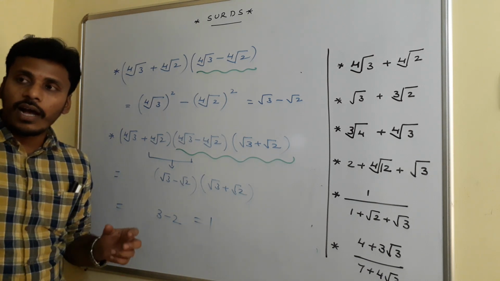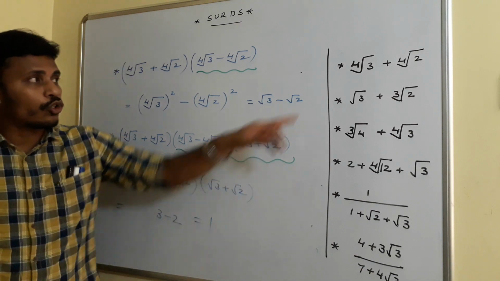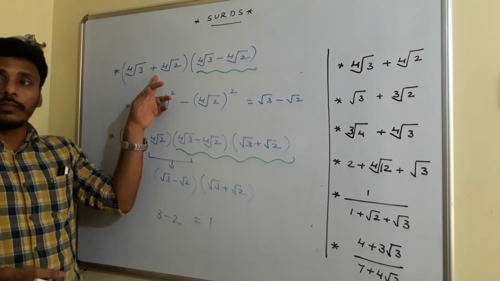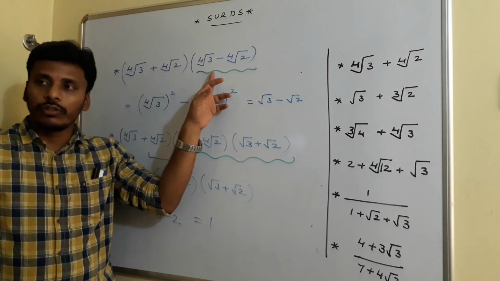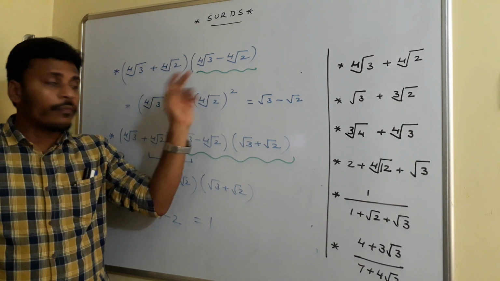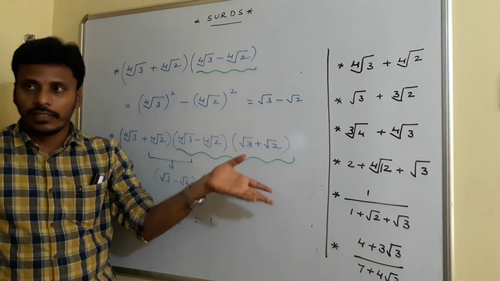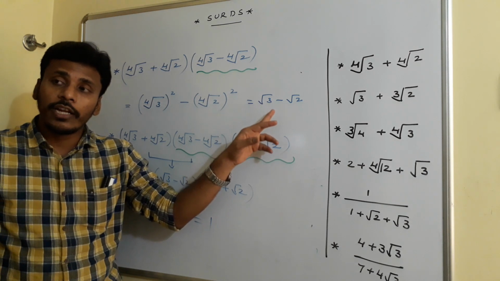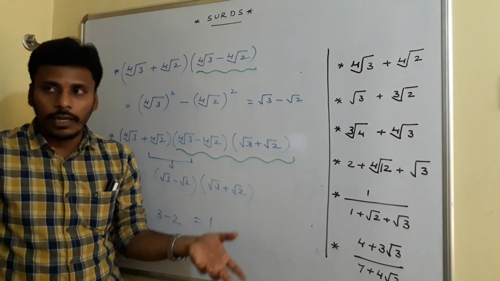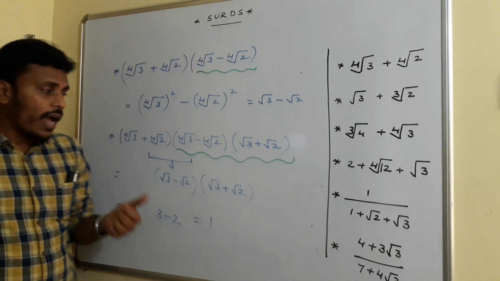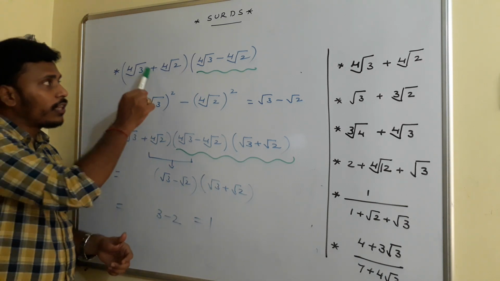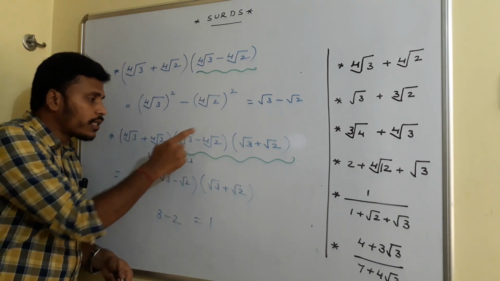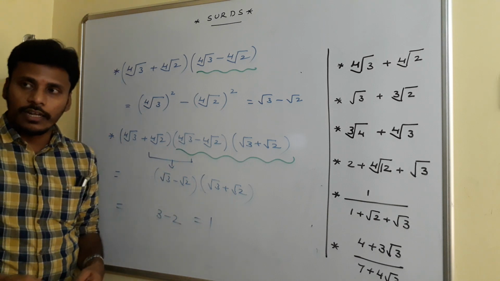See, they ask us to find the rationalizing factor for 4th root 3 plus 4th root 2. To find the rationalizing factor, you just multiply that 4th root 3 plus 4th root 2 with 4th root 3 minus 4th root 2. If you multiply, the result is root 3 minus root 2, not a rational. But we need a rational. So if you multiply this root 3 minus root 2 with root 3 plus root 2, it may become rational. With that expectation, I have to multiply this product again with root 3 plus root 2. In that sense, the product of these three numbers is a rational number.